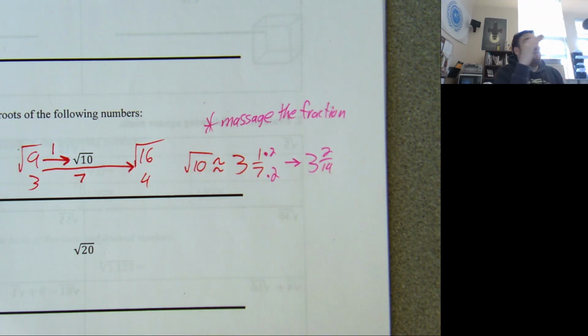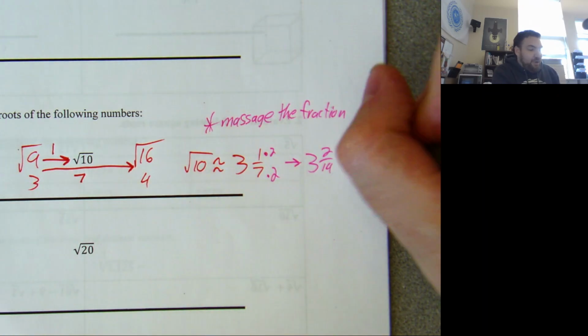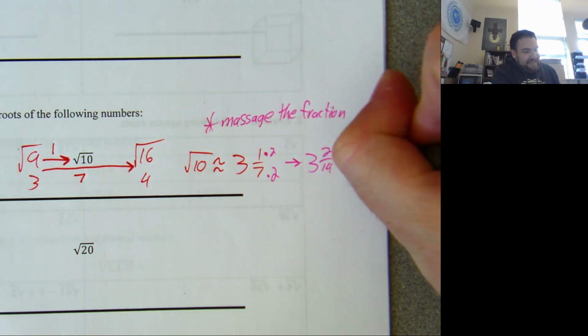Now, where we go from here, this is the massaging part. With 2/14, when I say massage the fraction, what I want you to do is nothing you're going to do is proper mathematics. But we're in the world of estimating now, and there's a whole bunch of different estimating techniques as long as we remain close. So 2 over 14, I'm going to say that 2 over 14 is basically the same